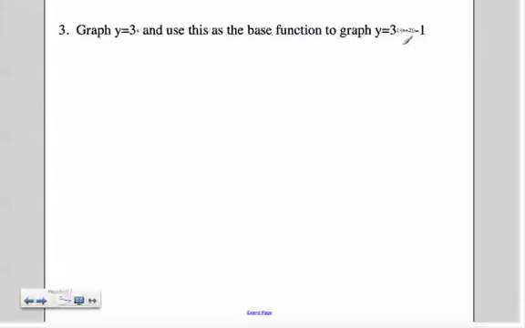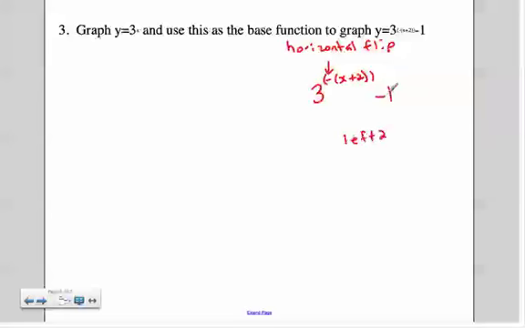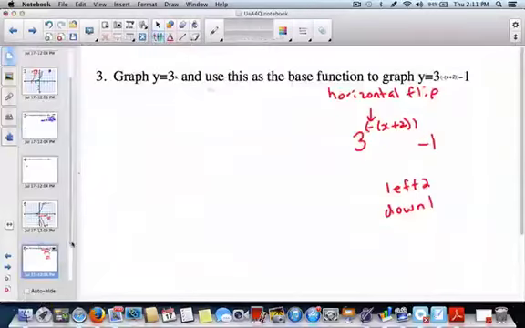So for the final one, we have 3 to the negative x plus 2 minus 1. So this -1 is touching my x, so it's horizontal, but this is just going to be a horizontal flip. And then the plus 2 inside the bracket moves it left 2, and the -1 that's not in with the x, it's at the end, will move it down 1 because the number at the end, what you see is what you get. So I'm going to start with my base function,